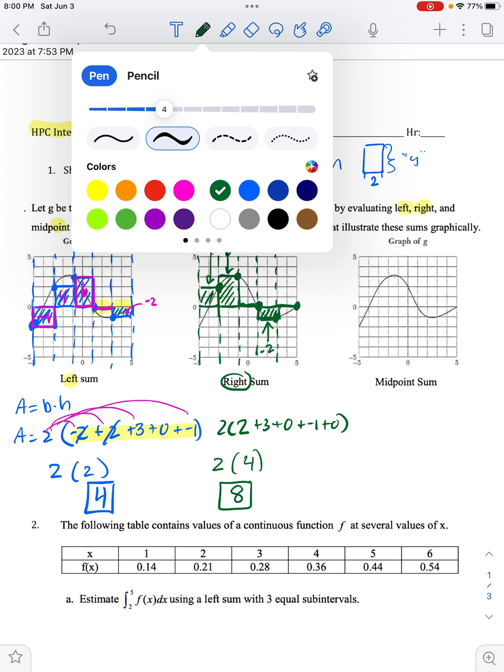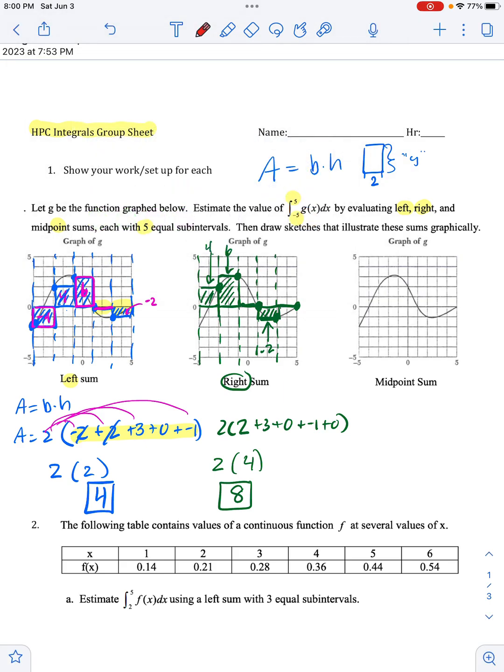Then the one on the far right, I'm using the midpoint. And so I still am using these same intervals, but instead of going by the point on the left end of the interval or the right end of the interval, I'm going to the one right in the middle, smack dab in the middle. And so for my first rectangle, they're still 2 wide, but my first one has a height of 0. Then if I go to my next interval, I get in the middle and I find the y value of the midpoint, and that is up 1, 2, 3,